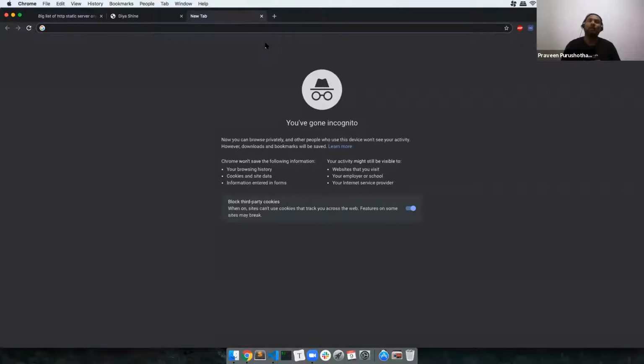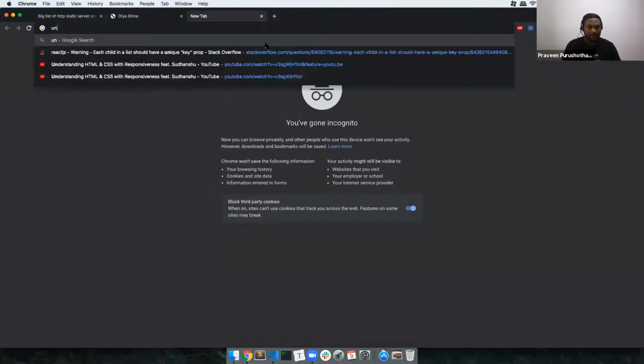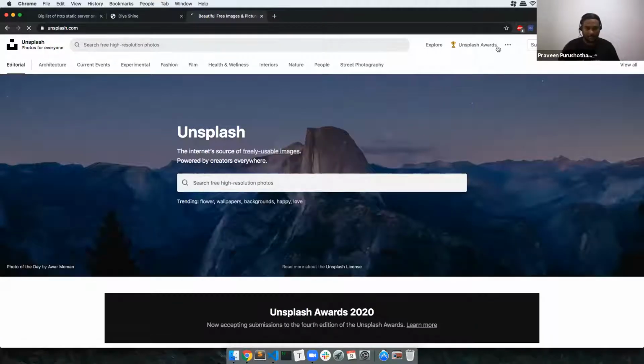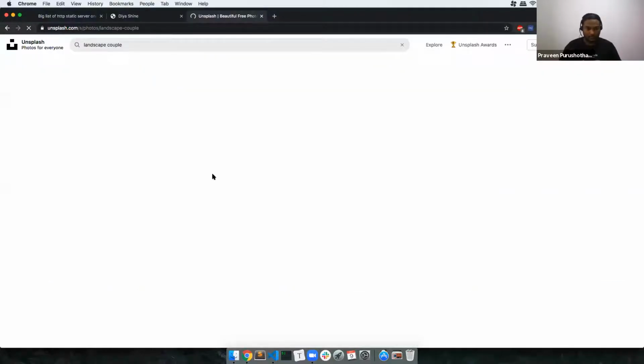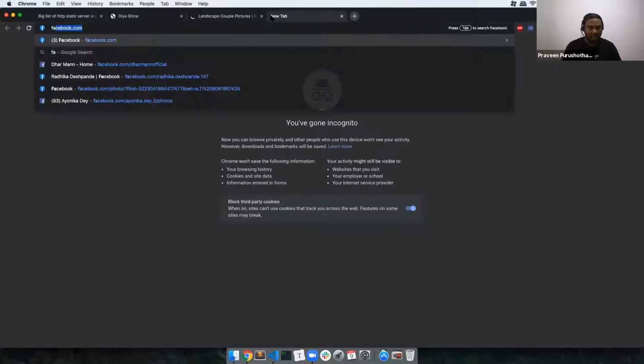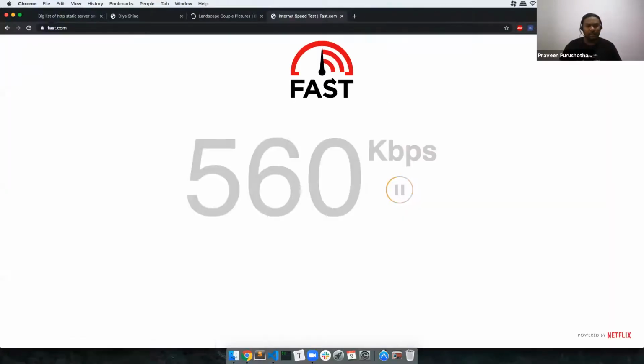Boom, there you go. So let's get a good image. Image-wise Unsplash is good, right? So is that cleared? Yes, sir. I always uploaded my saves in a GitHub repository. So can I undo that and do it on the localhost? Yeah, you can. For some reason, my internet connection seems to be very slow.